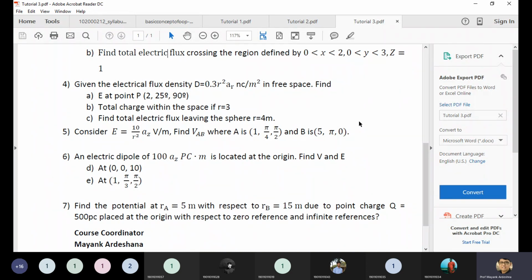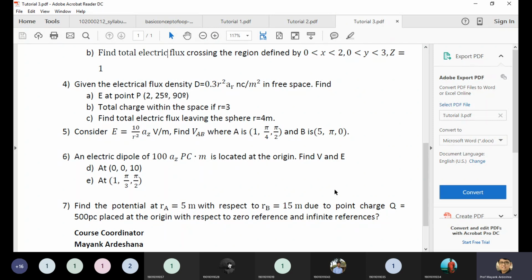In the fifth example, the electric field is given, find out the potential, which is nothing but a potential difference because we are trying to find out between A and B. Considering the movement of this particular charge by applying force, work done is generated, and because of the work done, there is a potential difference. So we can easily find out this potential difference using this E.